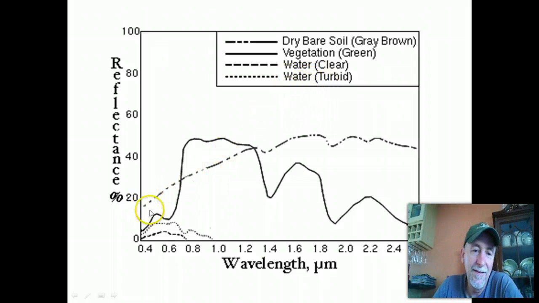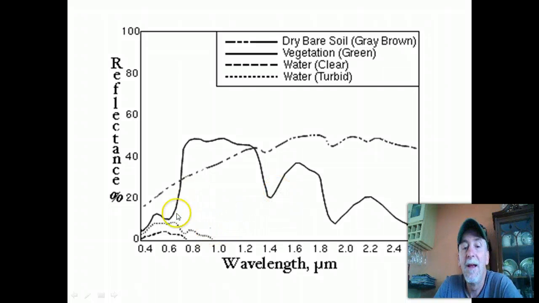And so this gives you a sense across the visible and the near and mid-infrared of how the reflectance of these different types of land cover varies. And so you can see the relationship as you move across the spectrum, the relationship between these different types of land cover